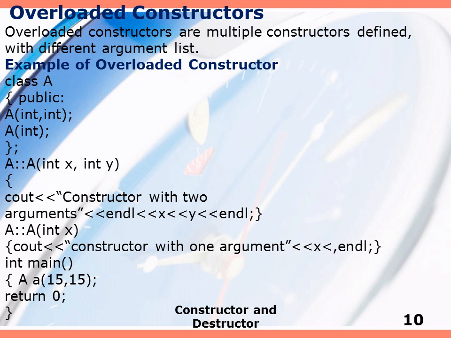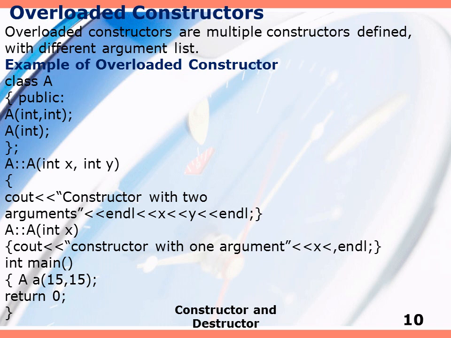Here we are going to talk about overloaded constructors. That means that we will have more than one constructor for the same class but with different signatures. The example over here has a class A. In the public section, we have two constructors. The first constructor takes two integer arguments, and the second constructor takes only one integer